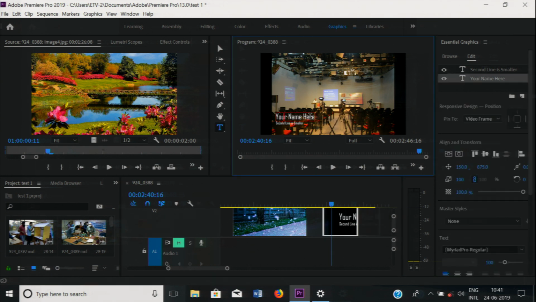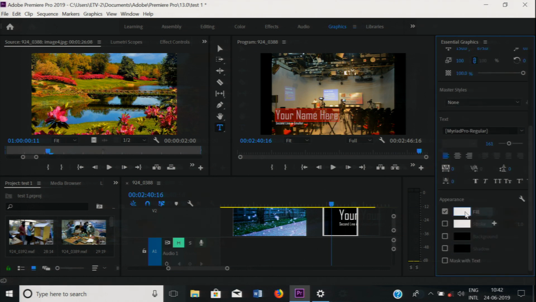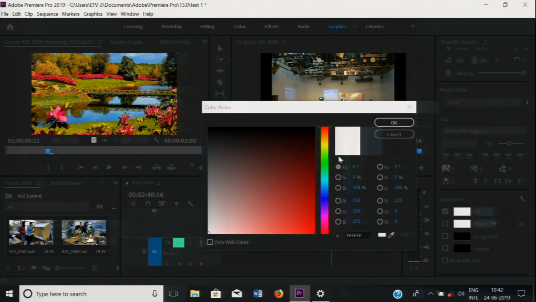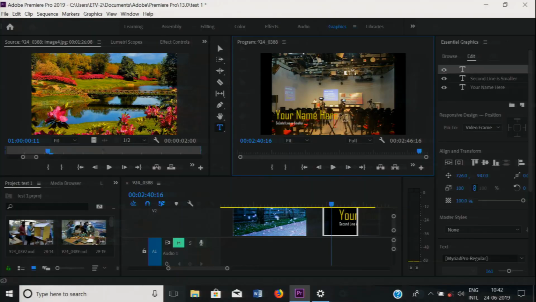I can change the font, just select it, size of the font, even color of the font. There are two layers.